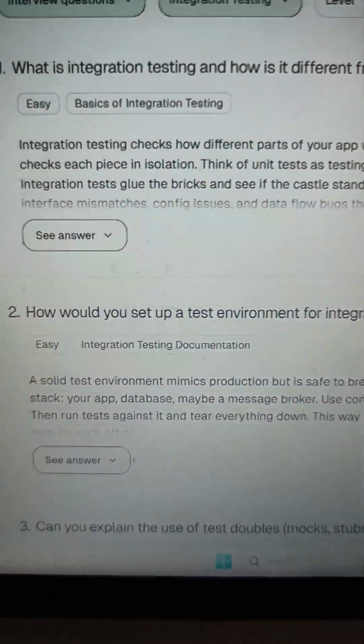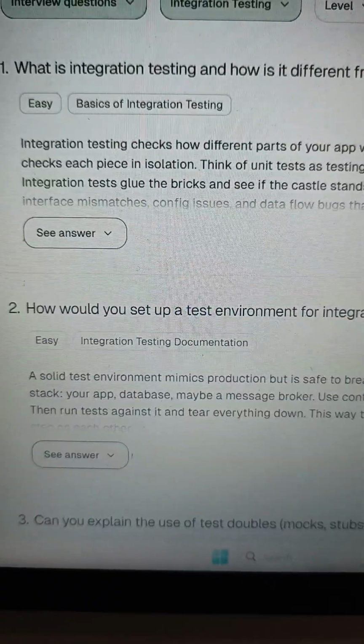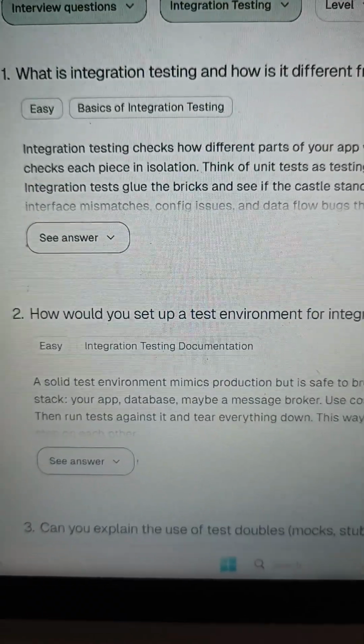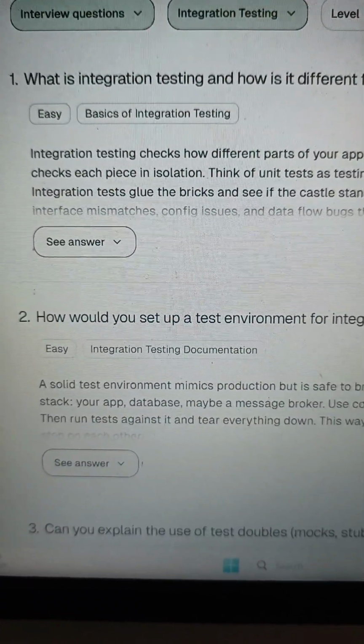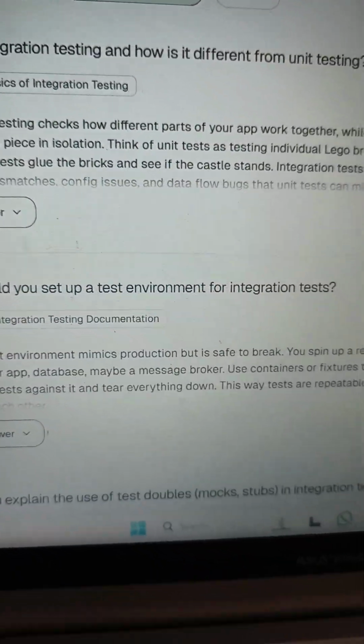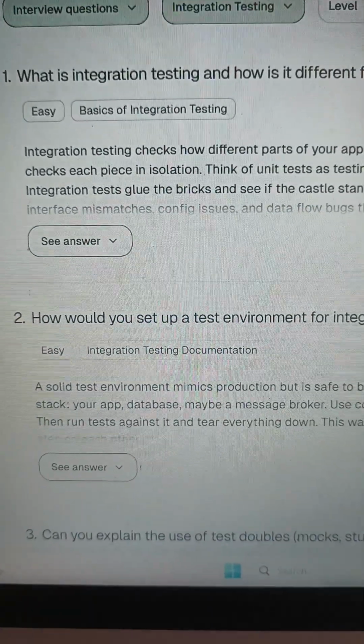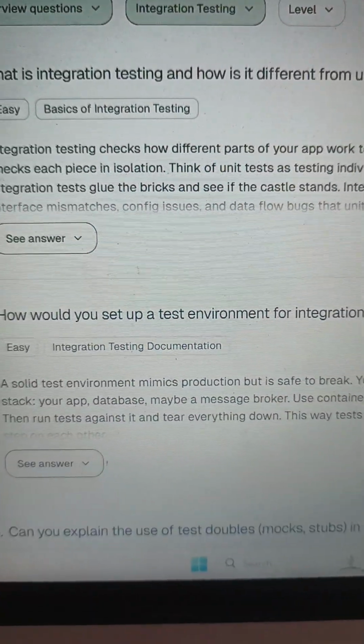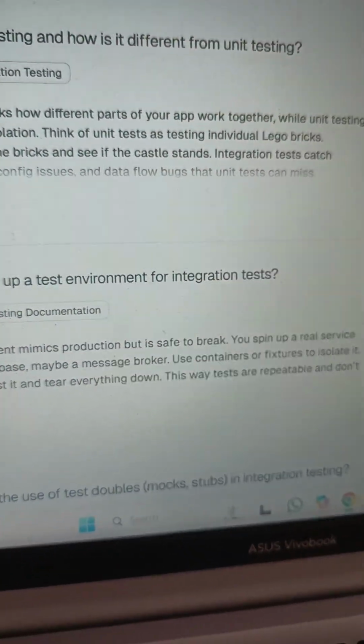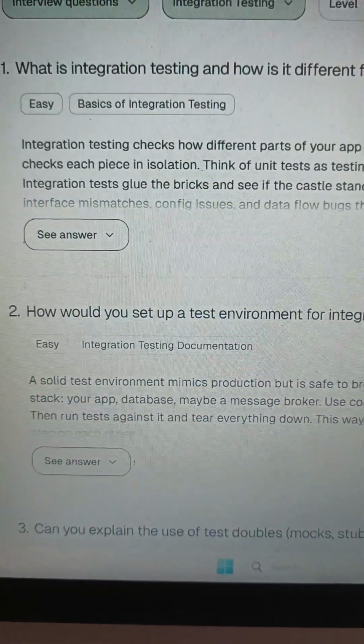Welcome to my channel. So today we are going to see what we mean by integration testing. The first question is what is integration testing and how is it different from unit testing? Integration testing checks how different parts of the application work together, while unit testing checks each piece in